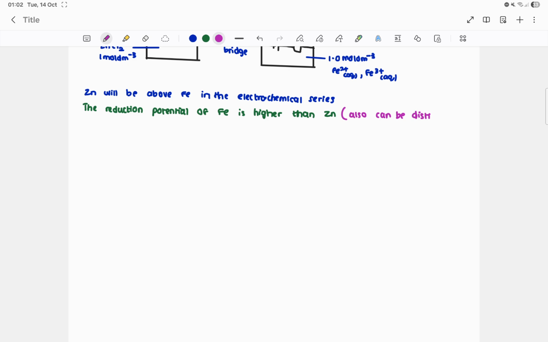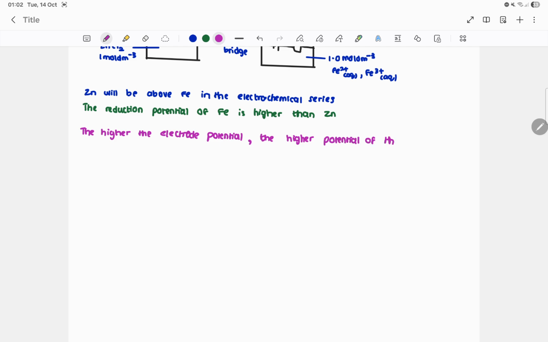This is the point I want to write: the higher the electrode potential, the higher the tendency of that particular electrode